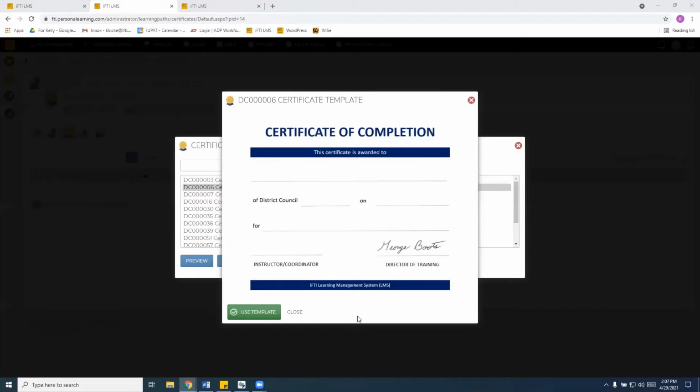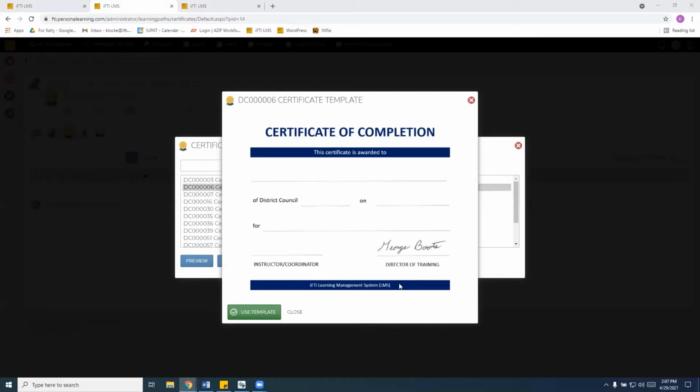So this is a sample district council 6 certificate with George's signature. And these are assigned to district council 6 specific course codes. So that's very possible in the LMS. So with the new enhancement, it can be assigned to a learning path. So it's a group of courses. If they complete the online courses, then they automatically get a certificate of completion. Let's say if your district council does learning path by level, by trade, so now you can assign that certificate of completion per learning path.